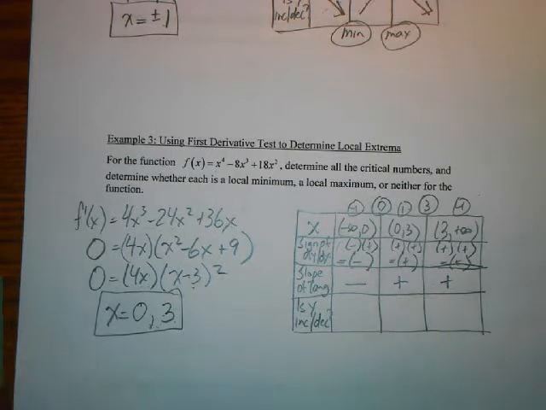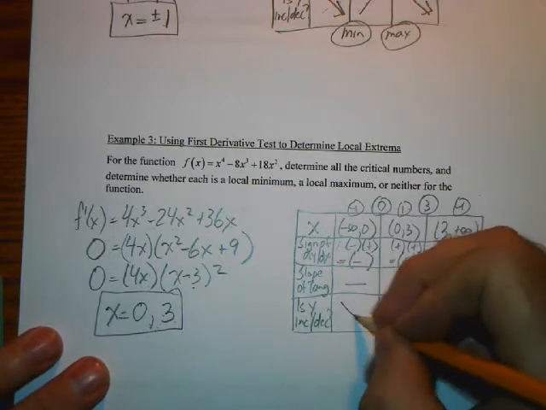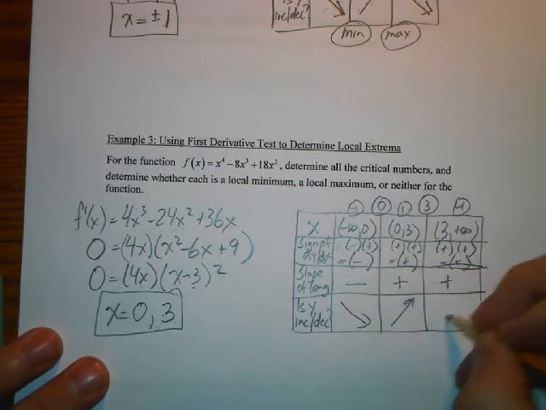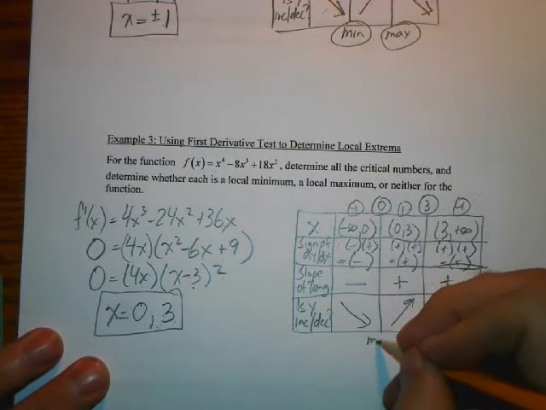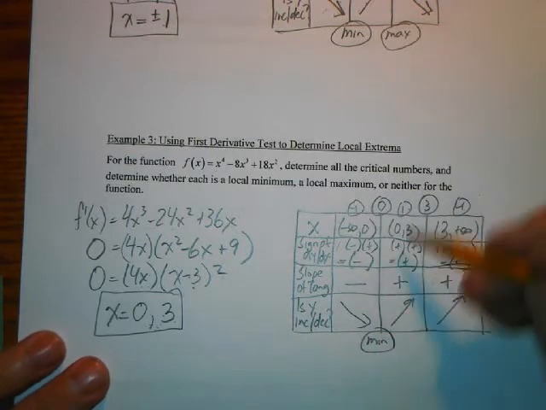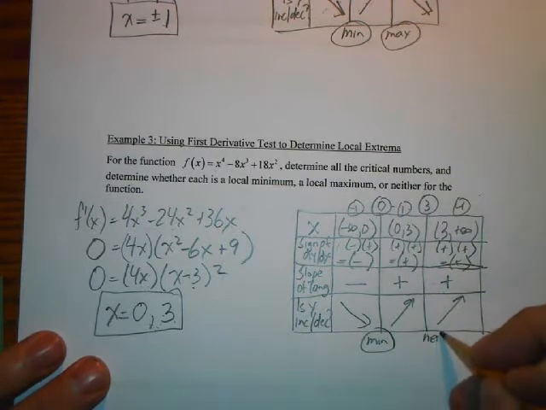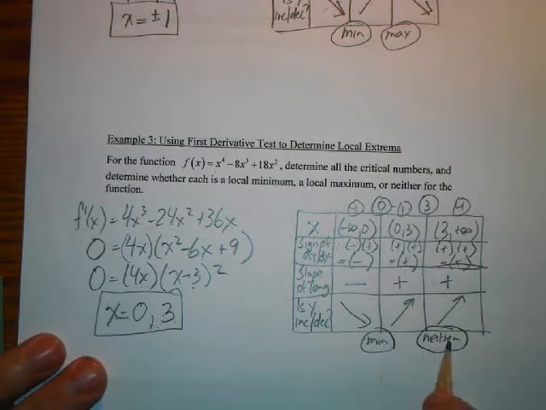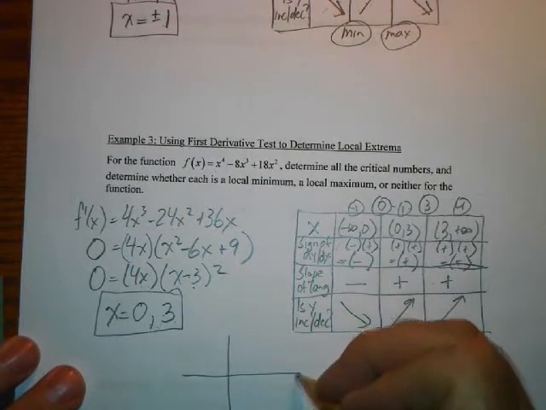This is where the graph comes in handy. Not the graph, this visual part here. So down, up, and up. So you know that this is a min at x equals 0, but this is neither. Still a critical point, but it's not a local min or a local max. Now if you were to do a quick sketch of this, you'd see,